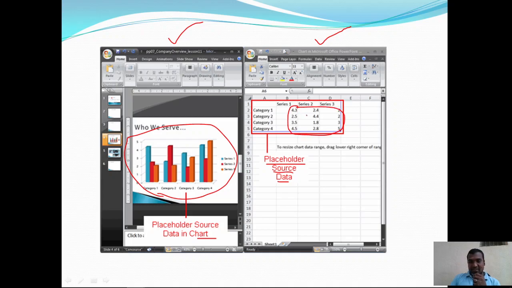If you change any one of these values, the respective bars are going to be updated automatically. In the category names 1 to 4 and the series 1 to 3, you can update your own data, and the numerical values, and those are going to be reflected in this particular chart.